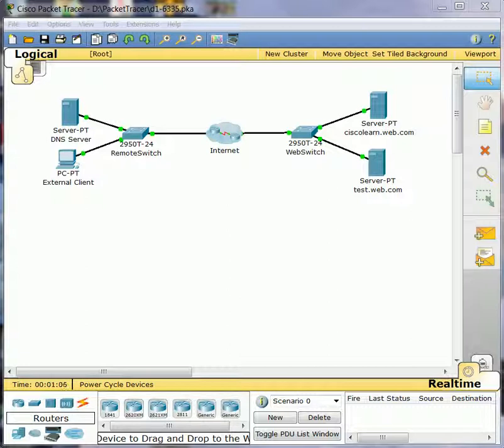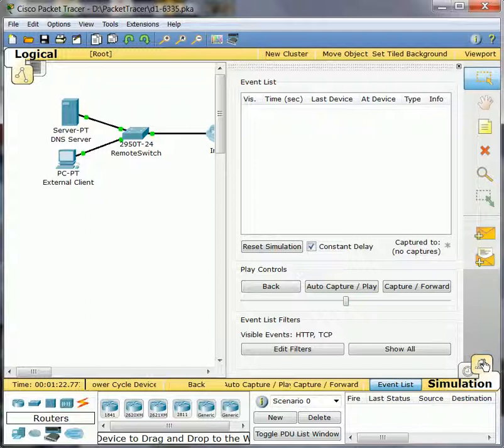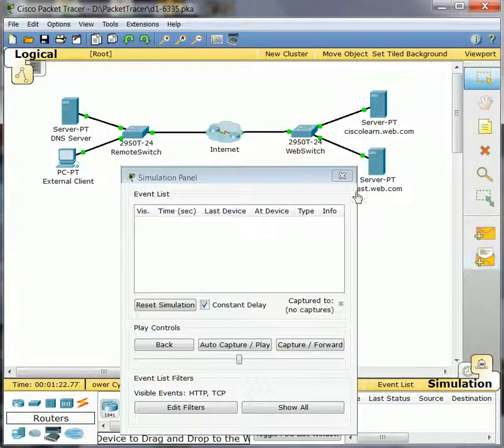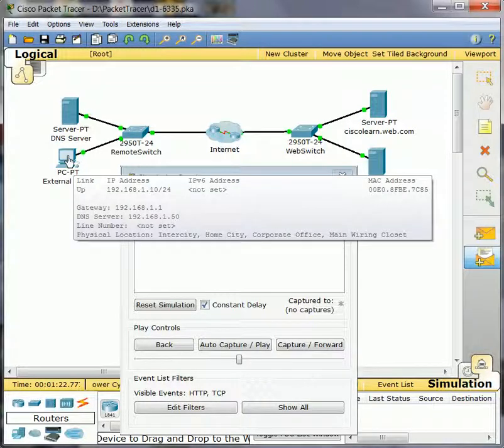Step 1, we will be observing traffic between the client and the web server. To do this, we're going to enter into the simulation mode, and then we're going to view traffic by creating a complex PDU. To do so, we select our complex PDU. We'll select our external client